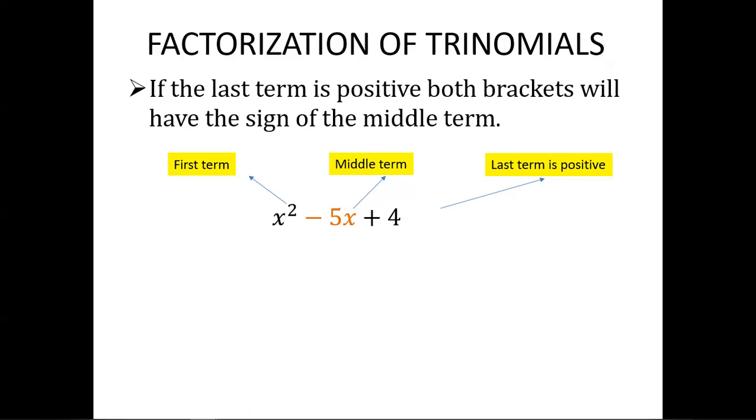Remember what I've said. When you multiply those factors, they must give you the last term. The last term is 4. What is 1 times 4? It is 4. But when you add them, they must give you 5. What is 1 plus 4? It is 5. Okay. So the first term in each bracket will be x, and the last term in each bracket will be 4 and